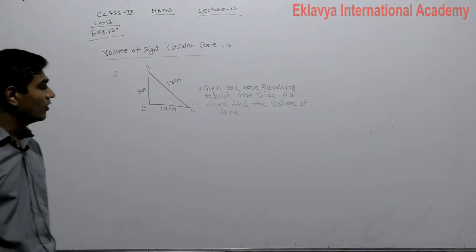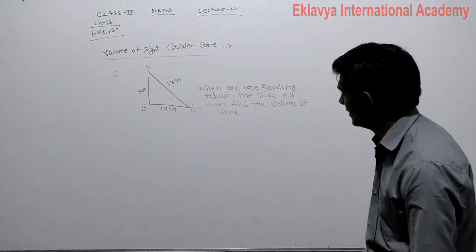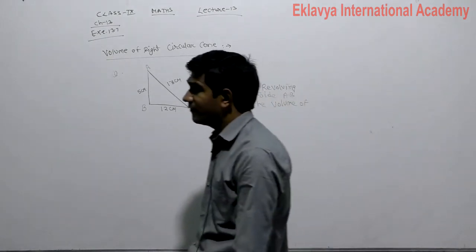When we are revolving that right angle triangle along the side AB, then how we will find out the volume